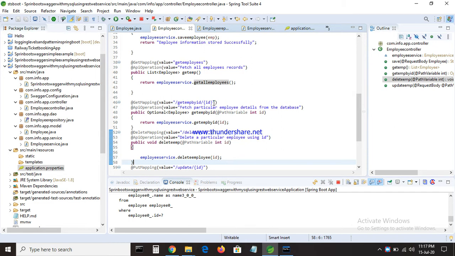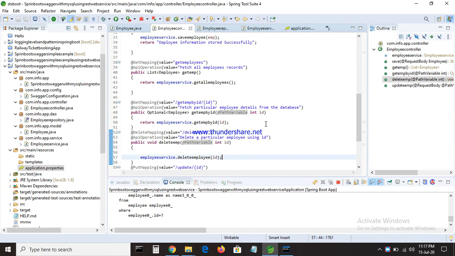Whenever you give the employee id, it will return the particular employee information, like employee name or employee designation, whatever attributes you put inside the model class. Here I'm passing that employee id, then I will get the particular details. Here you know that path variable, so you have to give the value inside the